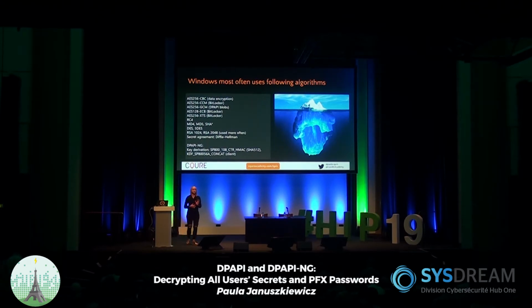So, just a few words. Windows uses the following algorithms. Of course, it uses more, but when you do the research around cryptography, that's more or less what you are seeing. So when you define that scope, you can predict that people who are writing the code on the other side can pretty much use one of these algorithms out there. So that's nice because that narrows, in a certain sense, what you are actually dealing with.